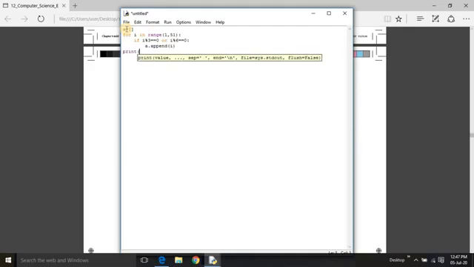Print the numbers that are divisible by 3 or 6 is, that is stored in the list called A. Let us close this.